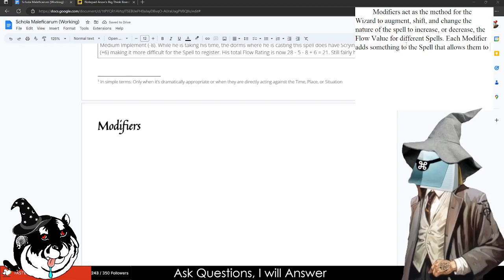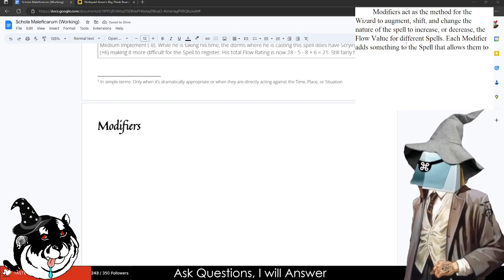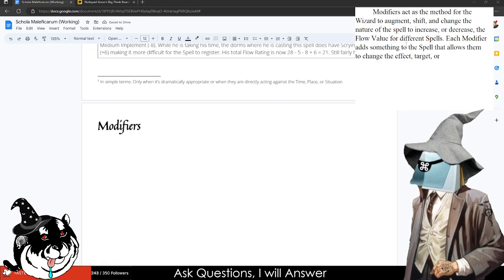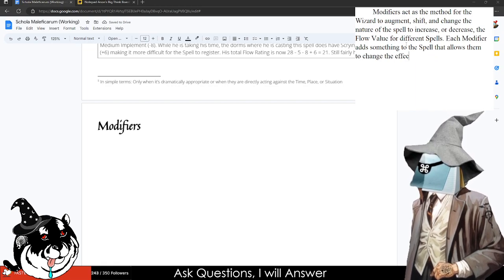Each modifier adds something to the spell that allows them to change the effect target. Actually, no, not the effect. Change the